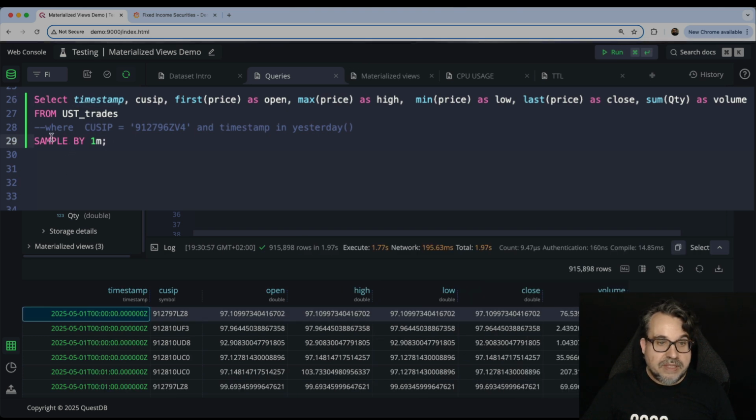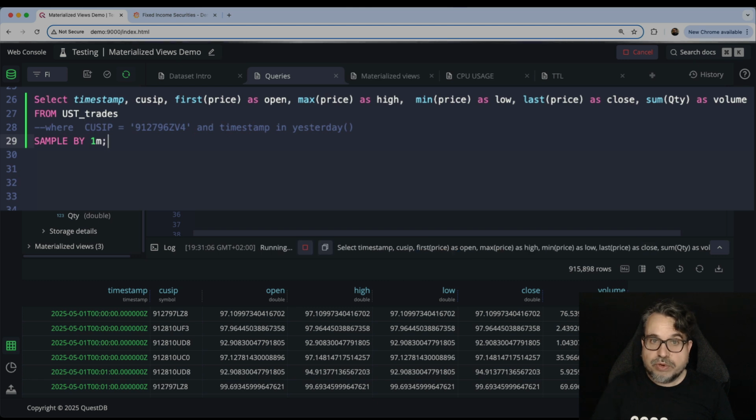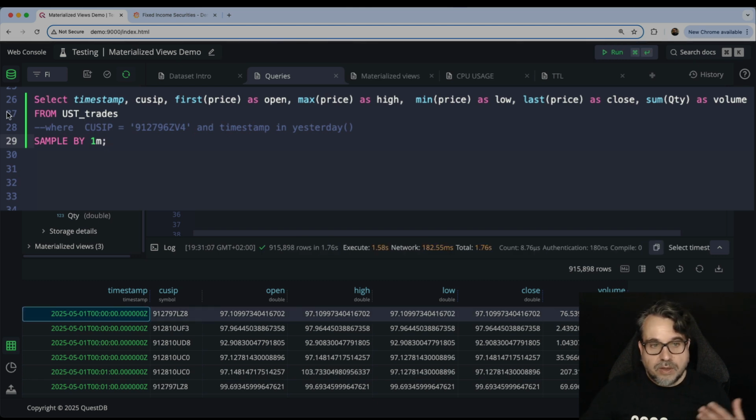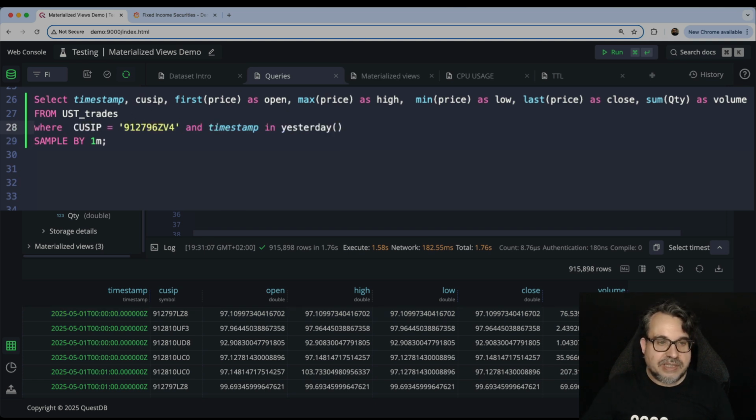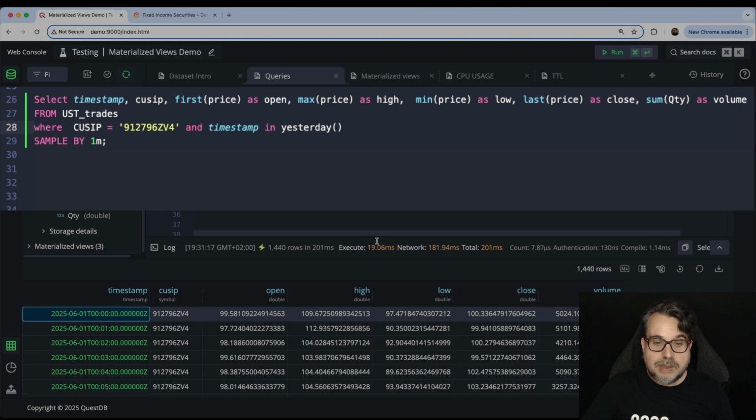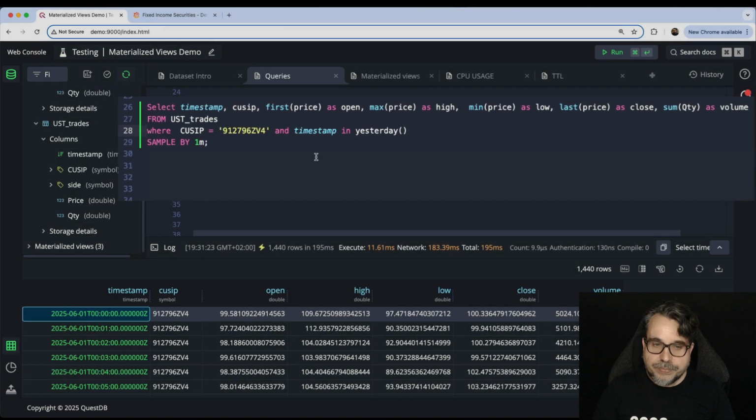So if I don't have any filters, it takes more than 1.5 seconds to execute, which is not ideal if you want to refresh a panel in real time. Of course, this is because I'm querying the whole data set. So when I'm filtering only one symbol and only for 1 day of data, for example, it is way faster, but still it takes about 15 milliseconds, 20 milliseconds to execute this query on the server.